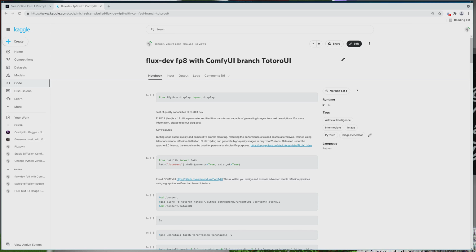Okay, so this video I'm going to be doing is just a continuation of the previous one that I put out, where I was showing the Flux dev in Kaggle. And of course, the main aim of showing Flux dev in Kaggle is to show how you can create your AI images even with a